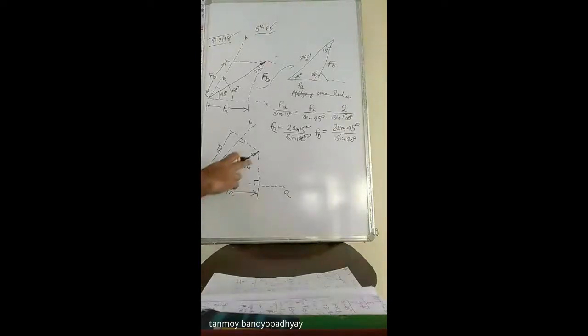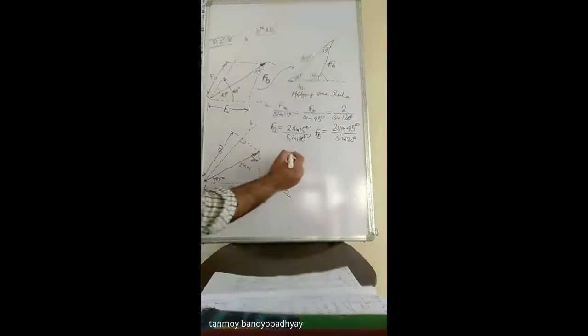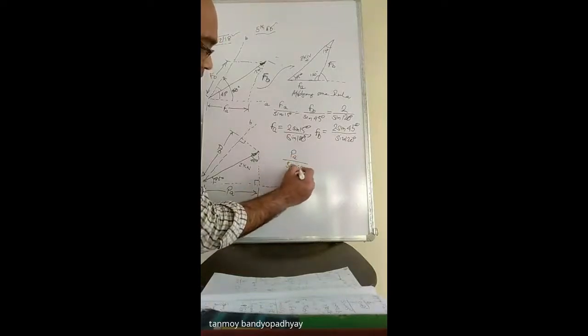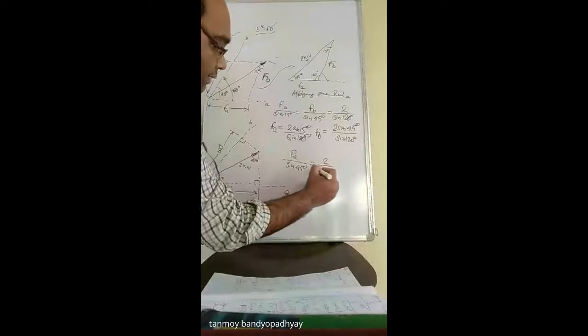So if I solve this, how will I do it? You can solve it using the method of vectors, because you don't know these yet. You have to find out PA. Here, look, this angle is 45 degrees. What will the opposite angle be then? If this angle is 45 degrees, this angle again will be 45 degrees. So I can write PA divided by sine 45 degrees equals 2 divided by sine 90 degrees. From here you can find the value of PA.